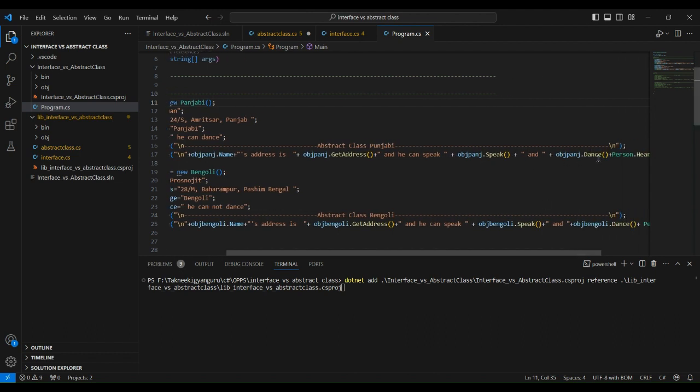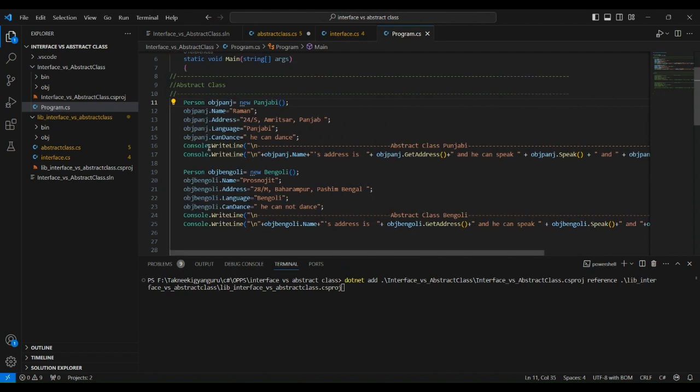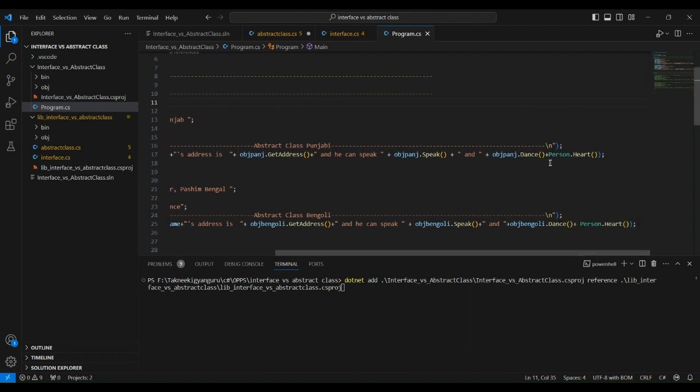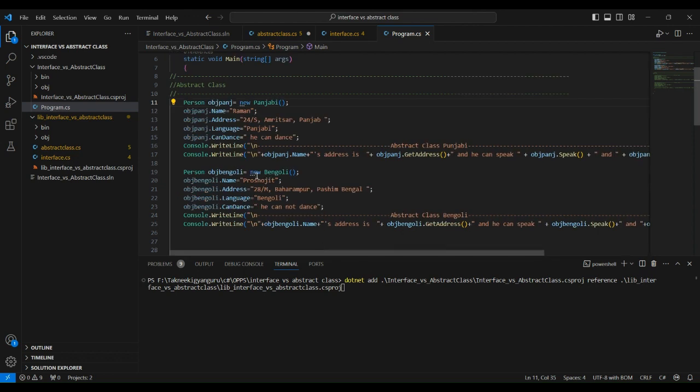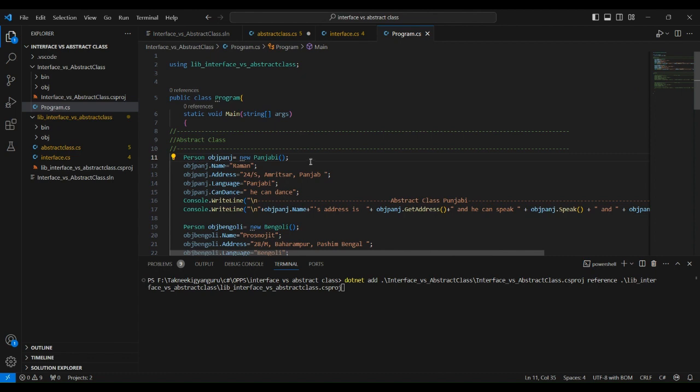and object.Dance. Dance is CanDance. He can dance, right? So it will get the details from this property, and Person.Hard, this is the static method, right? We cannot create an object of the class if it has this static method. We can directly call the class name dot method name, Person.Hard, directly calling the method. Now similarly the Bengali. If we run this, right, one more thing we need to check,